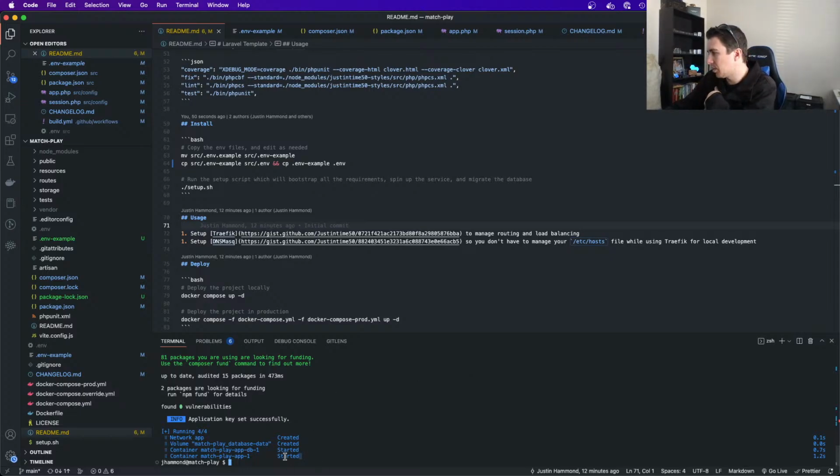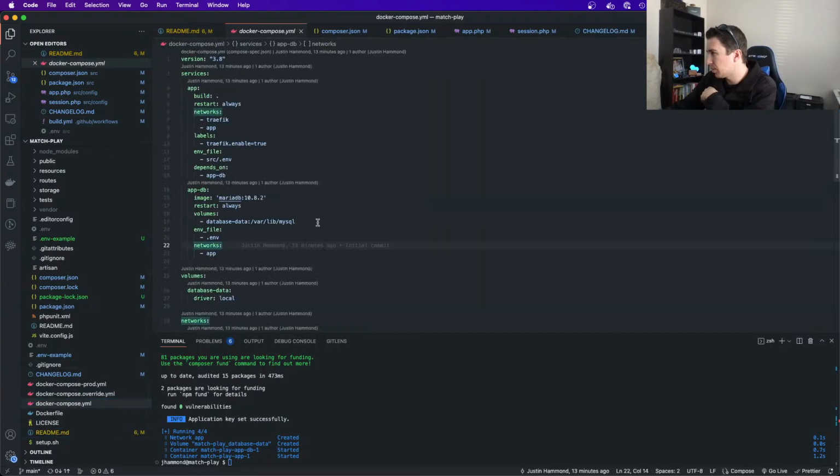Cool, so that spun up the Docker container. In fact, we should probably have updated this. I'm going to call this match play.